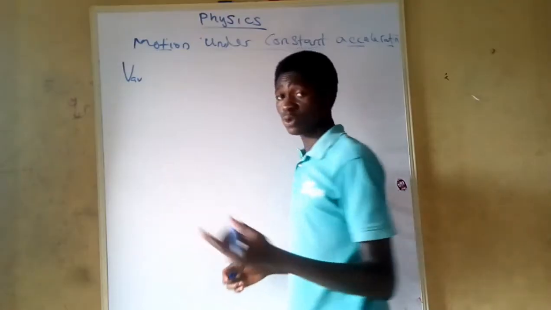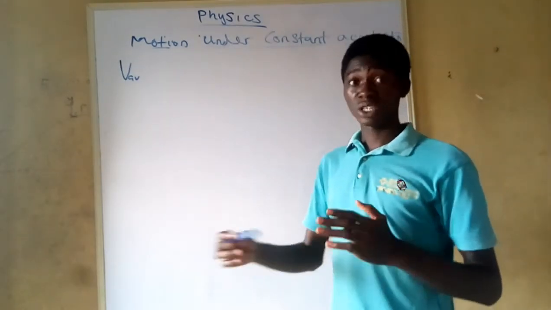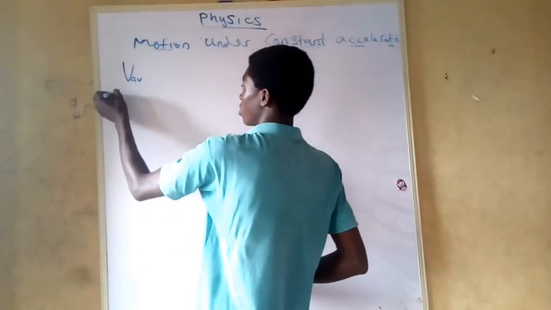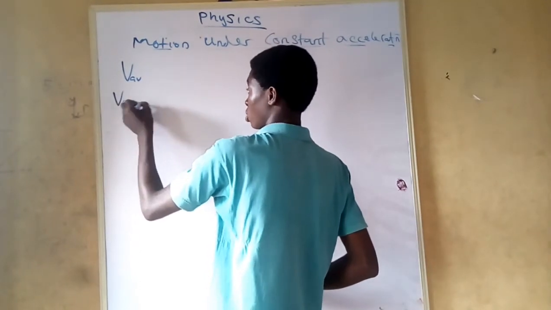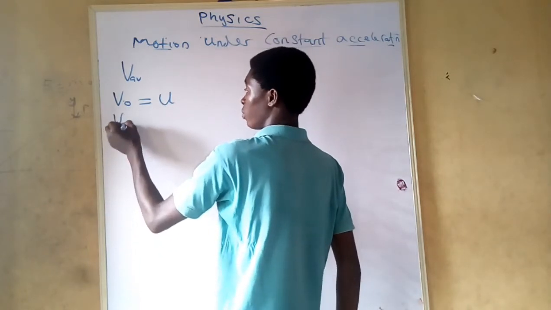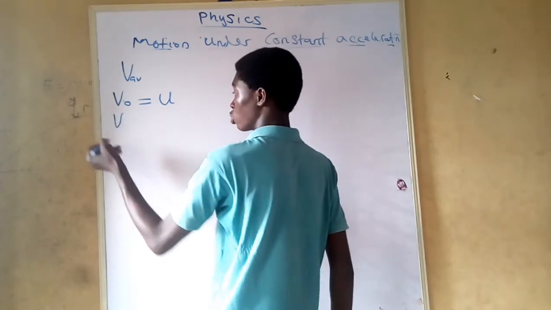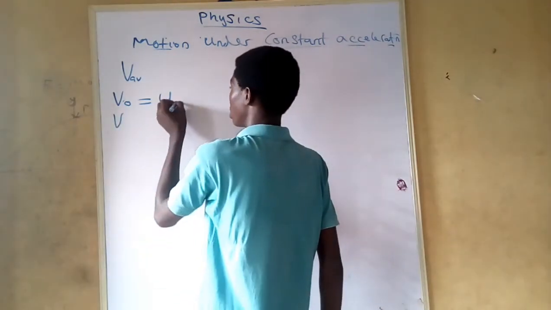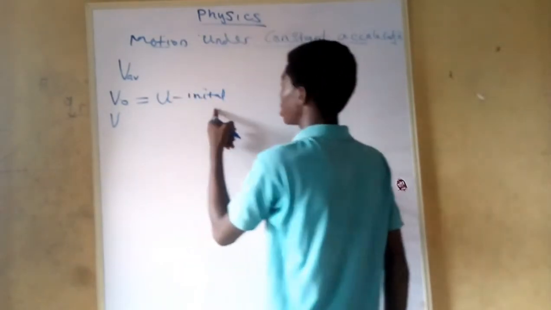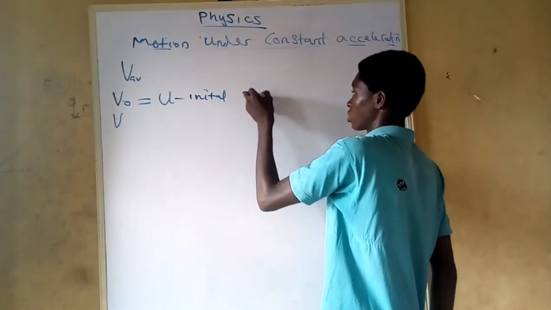In this video, there are different ways. We are going to have initial and we are going to have final. So talking about initial, initial velocity can be represented with v naught, which is the same thing as u, and the final can be v. Yeah, the final is going to be v. For our distance, this is going to be initial. So our initial distance, we are going to represent with x naught, right?